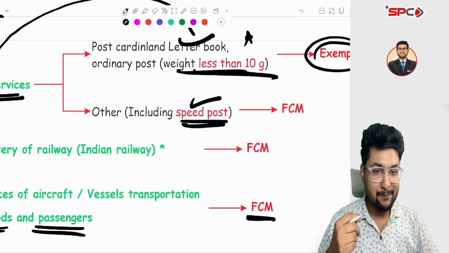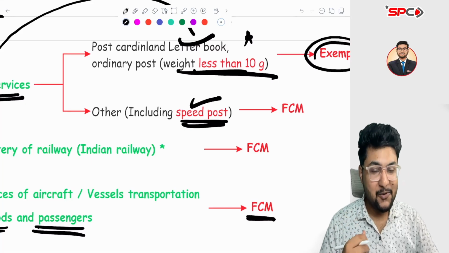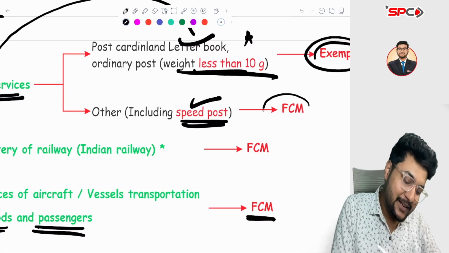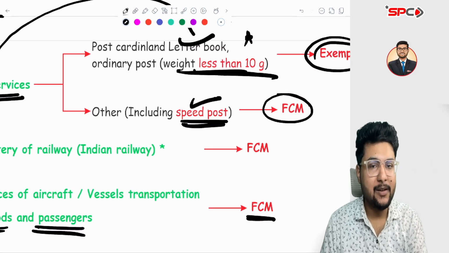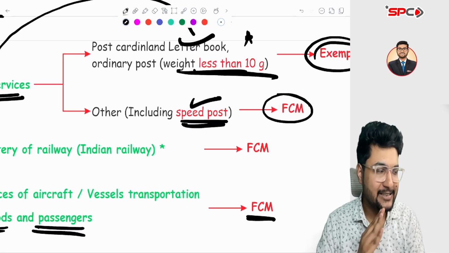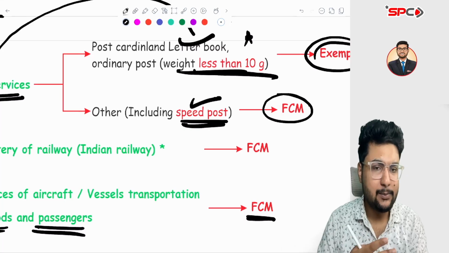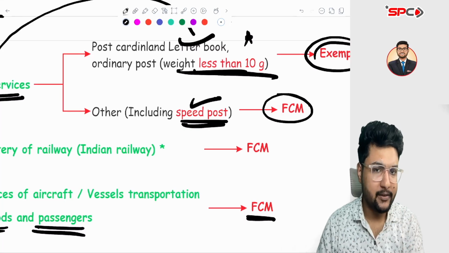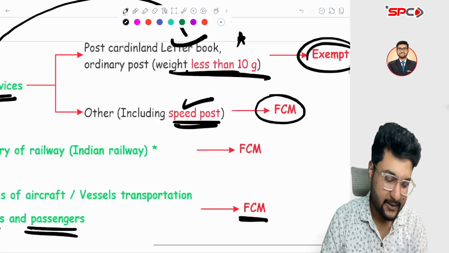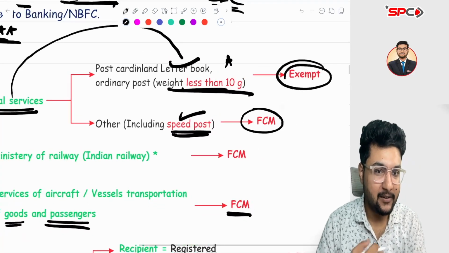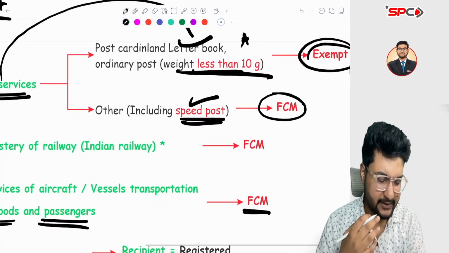Means you have money. If you have money, you can pay the tax as well. So you will pay under forward charge mechanism. No RCM will apply, because have you ever done a speed post and then deposited the tax to the government? We are very small persons. How can we deposit it to the government? We are not even registered, right? You have to take a registration if we are covered under RCM. That's why it is forward charge.